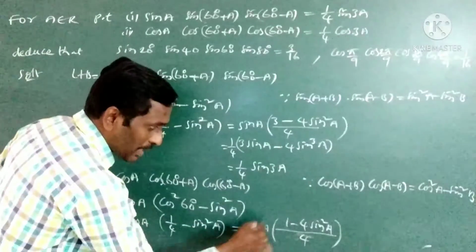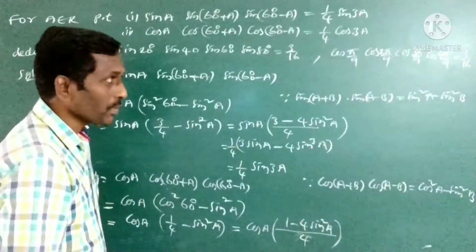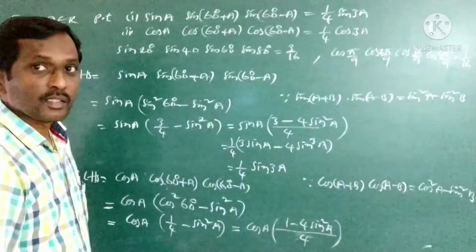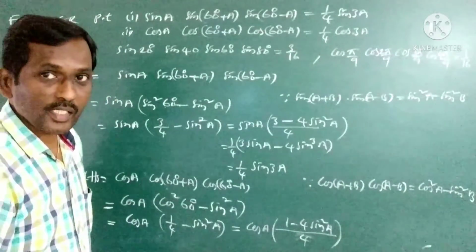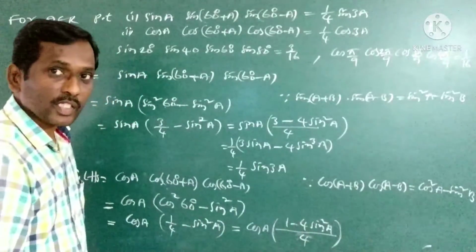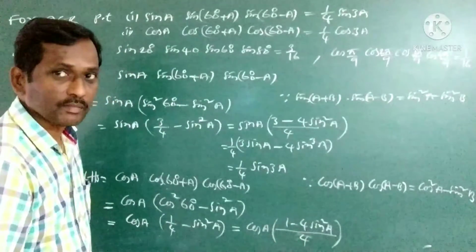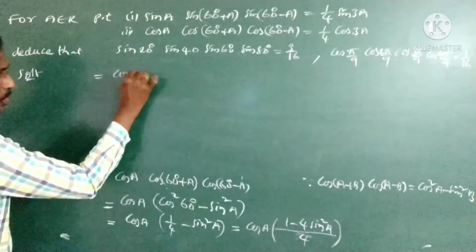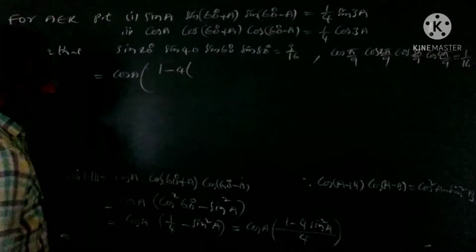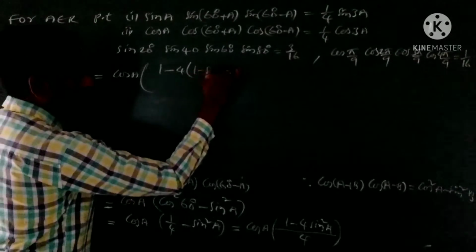Before multiplying inside, write sin in terms of the cos function, because you have to show the result cos 3A. What is the cos 3A formula? 4 cos cube A minus 3 cos A, meaning both functions should be cos. But here we have sin. So further what do you do? Use the identity and write this in terms of the cos function. Cos A into 1 minus 4 of sin square A value. Sin square A we can write as 1 minus cos square A.